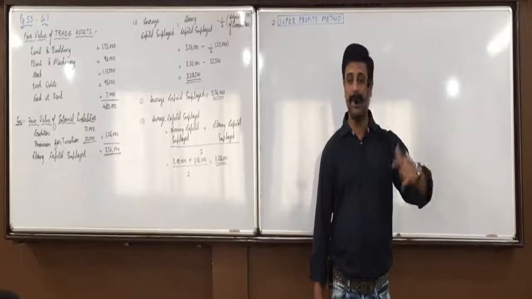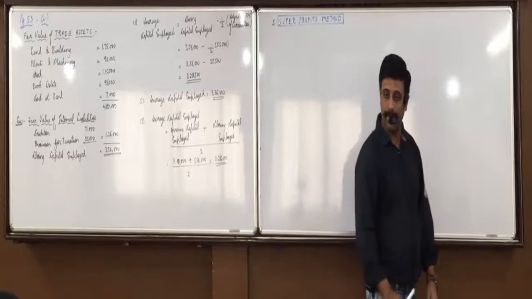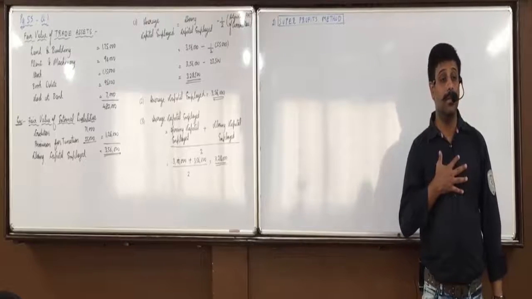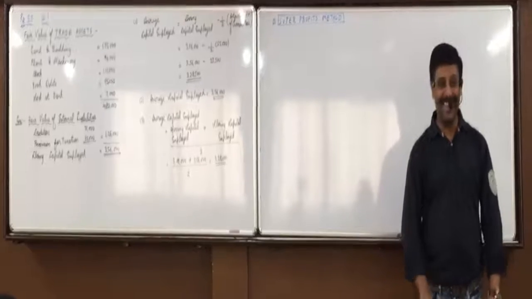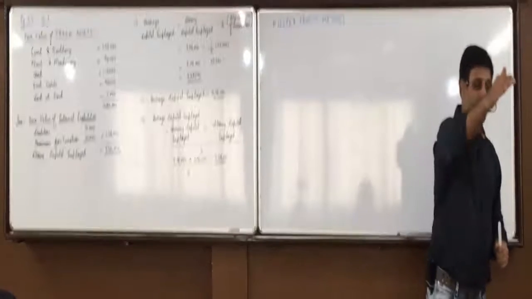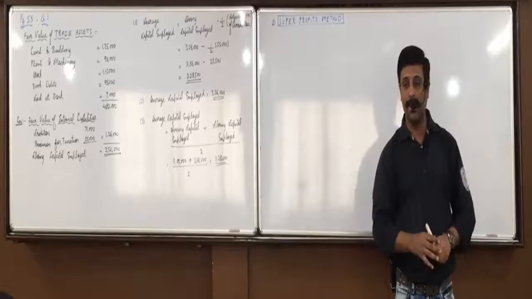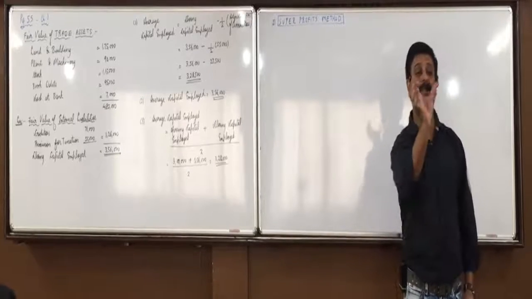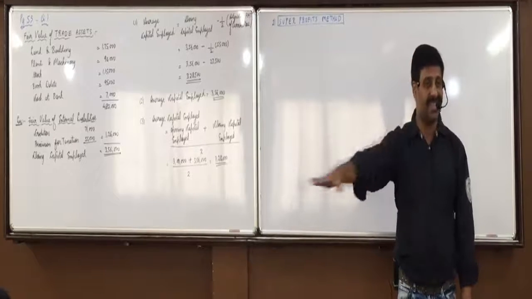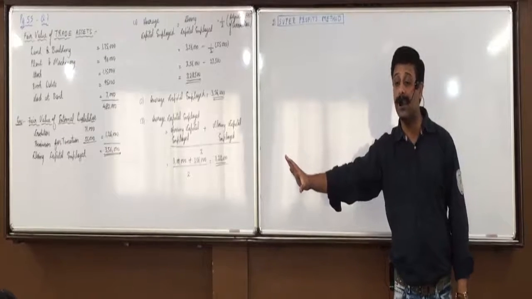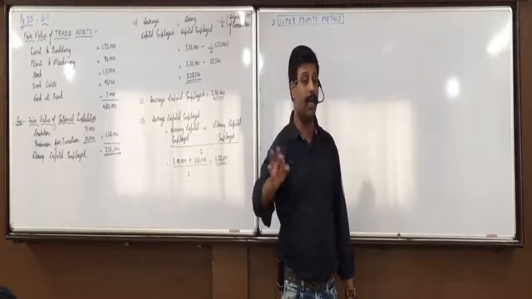Agam is able to earn 5 lakhs, but he has invested 1 crore. I am able to earn 3 lakhs, and I have invested only 4 lakhs. That way, if we take the average of everyone, we understand that we all earn 15% return on an average. Some earn more, some earn less. But on an average, everyone in this business is getting a return of 15%. This 15% is called expected rate of return or normal rate of return.